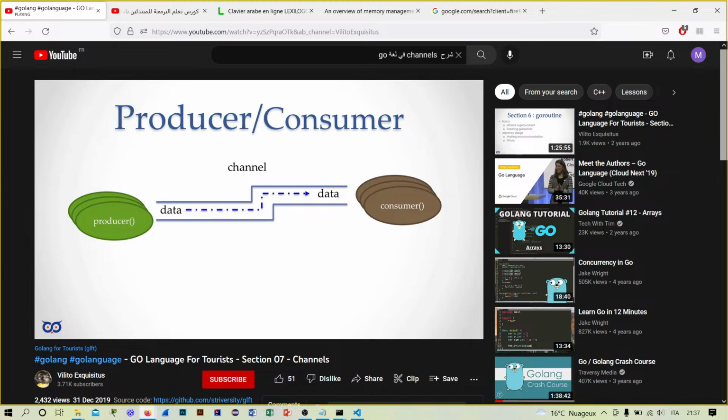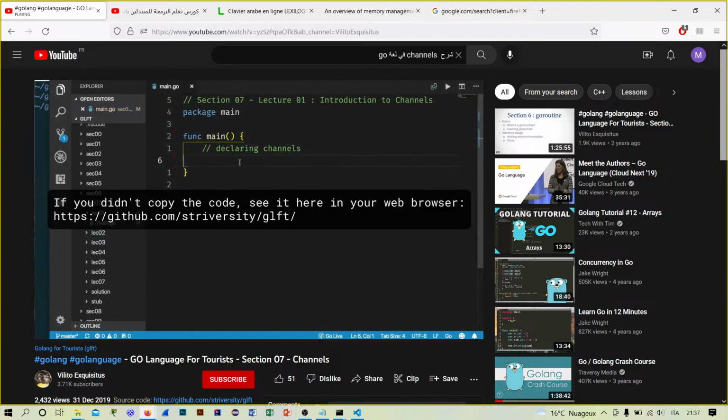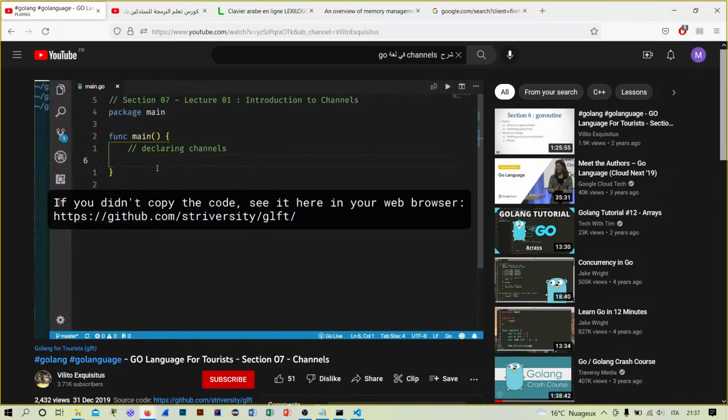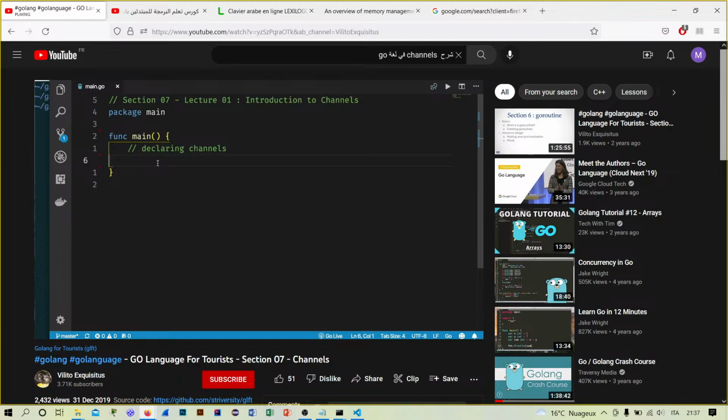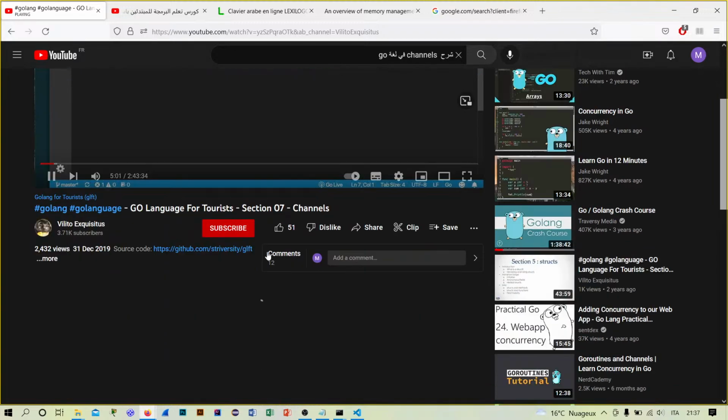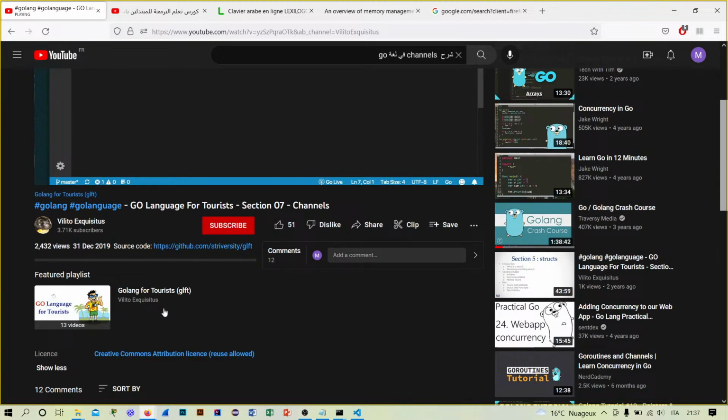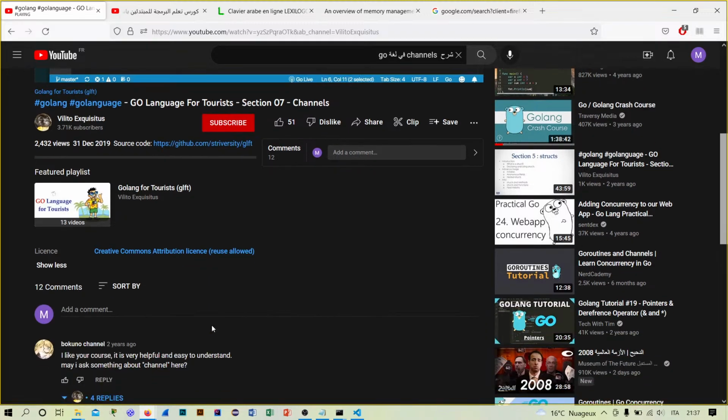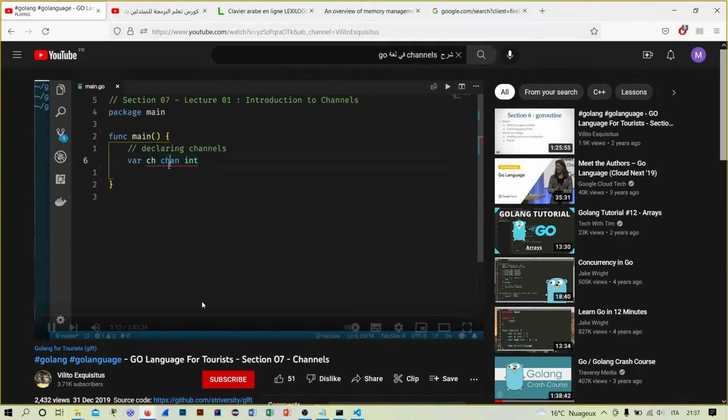This gives us a nice visual illustration so that we can now go and try and write some code. Here I am in my Visual Studio Code editor. The first thing we want to do is look at how you declare channels. And for that, we simply use the var keyword and say we want to create a variable named ch, and then its type. Remember, in Go, we have the var keyword, variable name or identifier, and then the type. And in this case, the type simply says, I want a